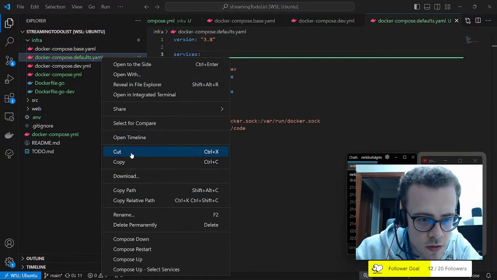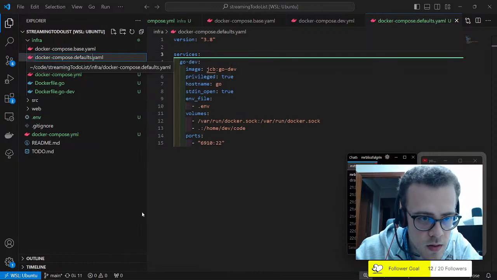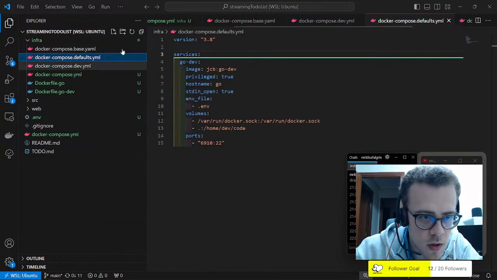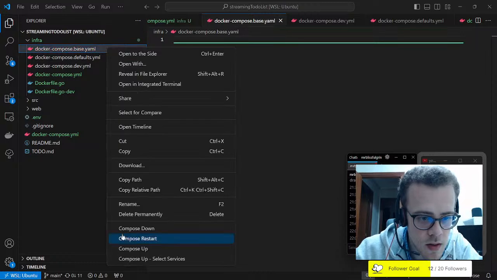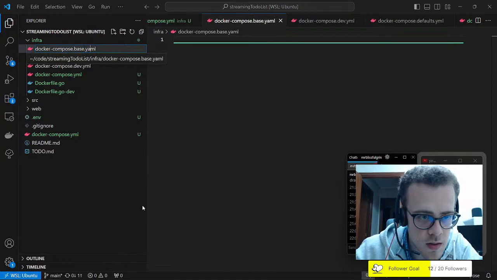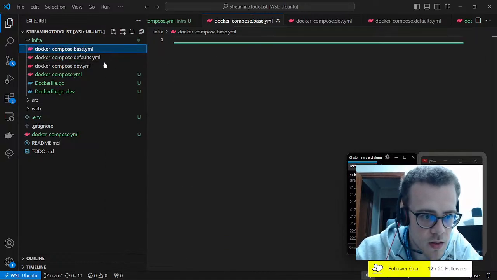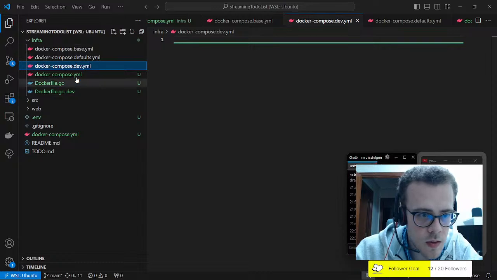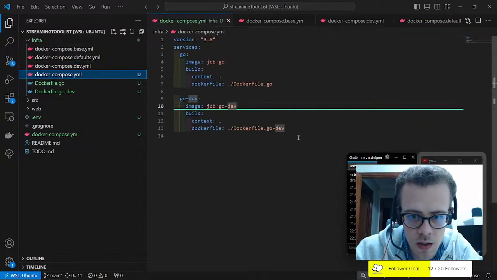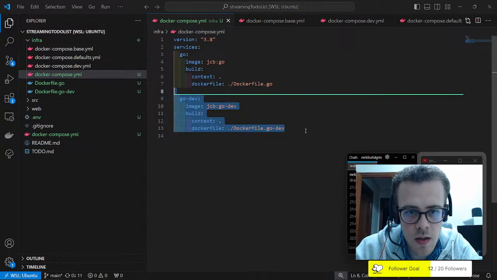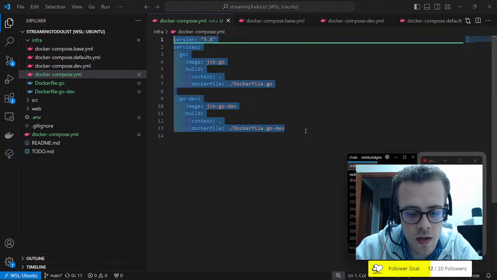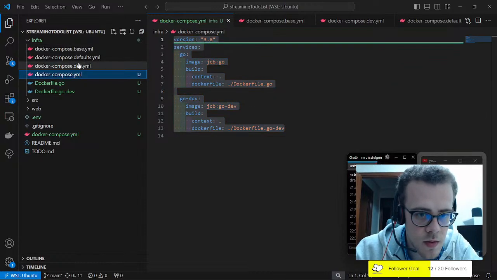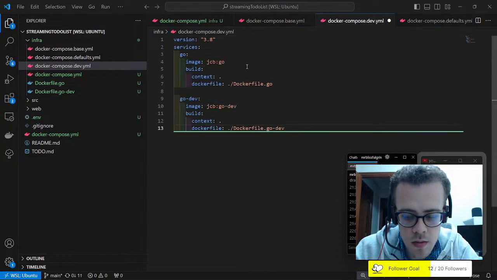Let's be somewhat consistent and let's write YAML like that. All right, so okay, and we just have to take these two, pop,